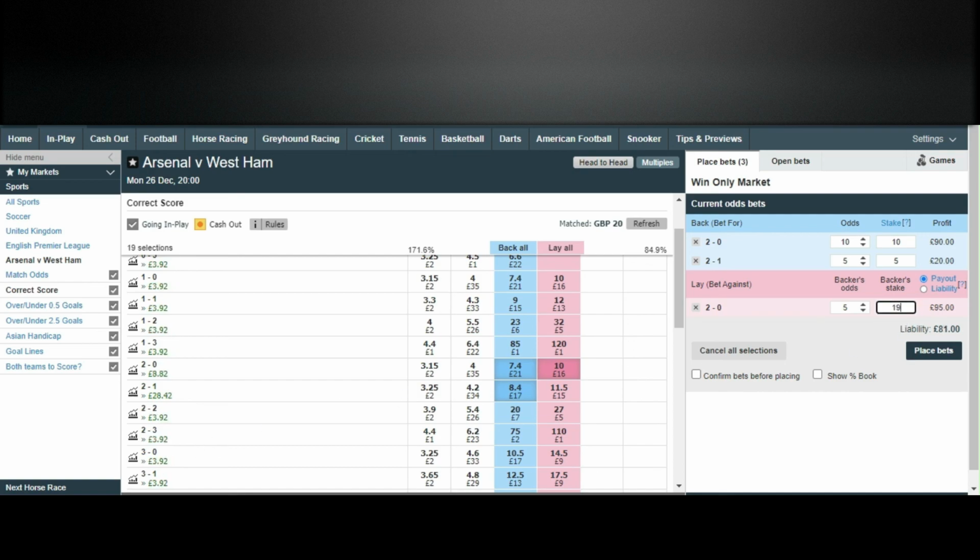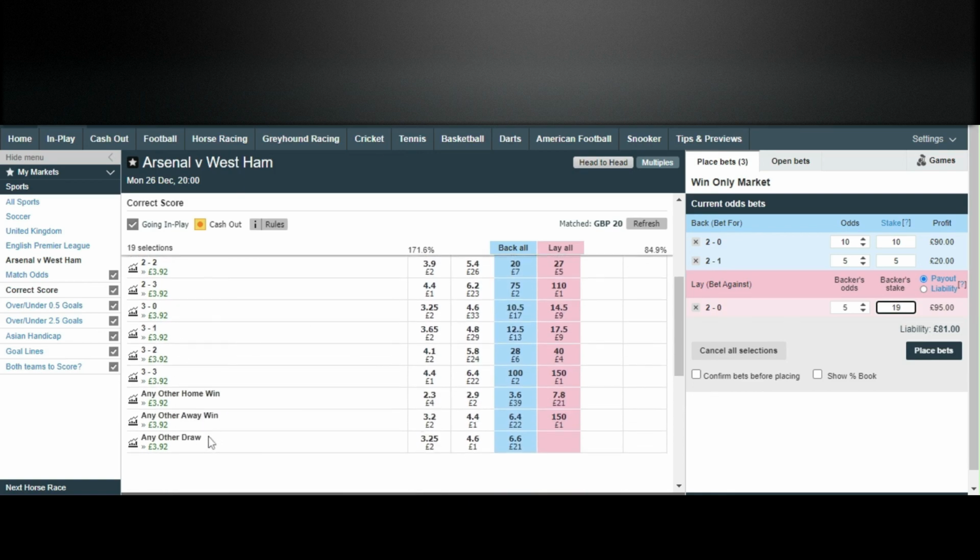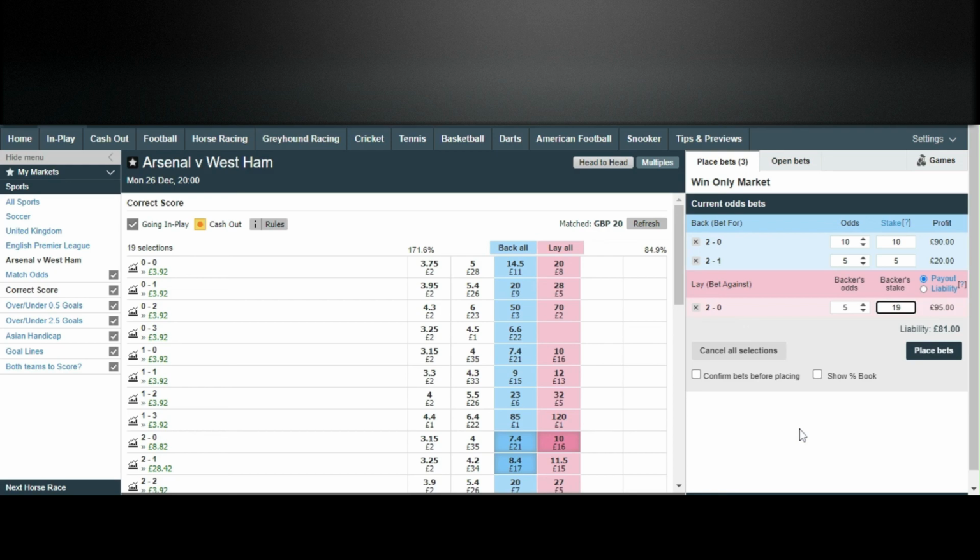Be nice if it went to 2-1, and then you covered on all others like that. So just depends what the cash out is at the time, whether you want to play around with your liabilities. You get the rough idea. So like I say, if you know what I mean, if it went to 1-0 and say the odds did come down to that, then you can get some out.